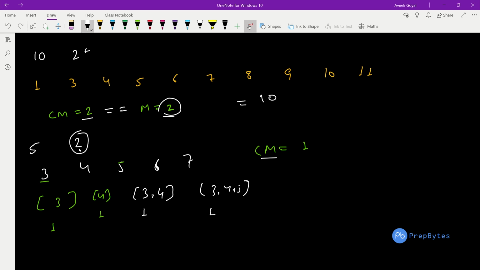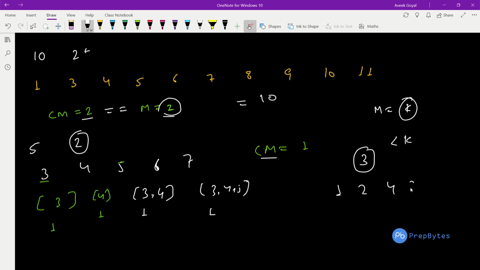For the minimum element missing to be 2, we at least need 1 in our array. Let's say the m value is k. So for k to be the max, all the elements less than k should be present in the array first of all, correct? If all the elements less than k are not present in the array, then whichever is missing will become the max. For example, if we have 3, so for 3 to be the max, 1 and 2 should be present in the array, otherwise 1 or 2 will be the answer, whichever is not present.